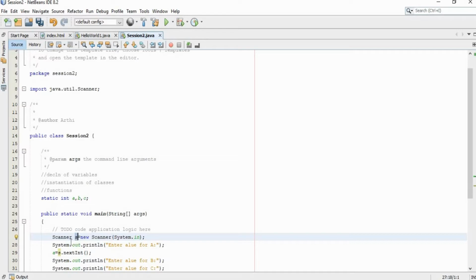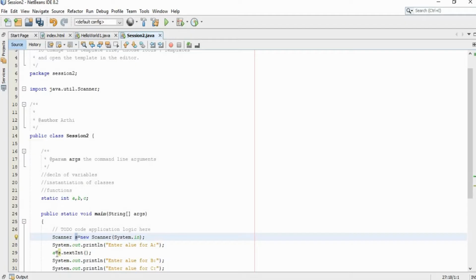The variable in which you store a value should come before the assignment operator, equal to, that is, the left hand side of the assignment operator should be the variable in which you are going to store a value. So I am writing it as a is equal to.